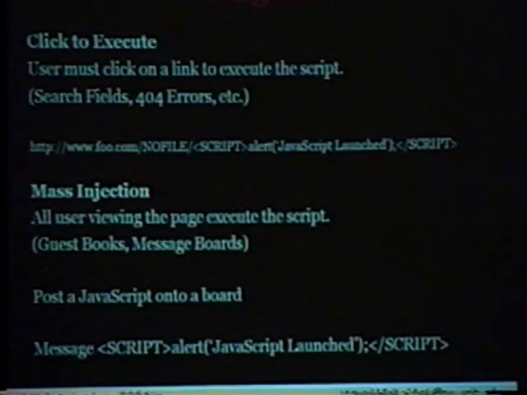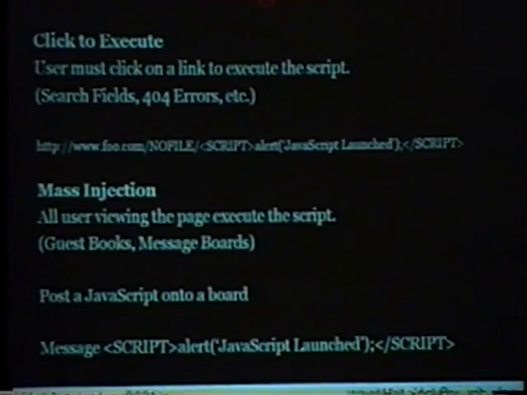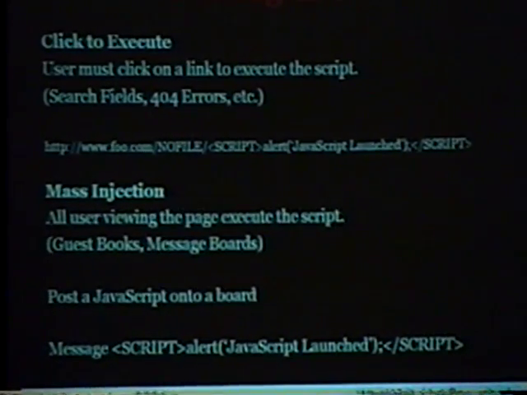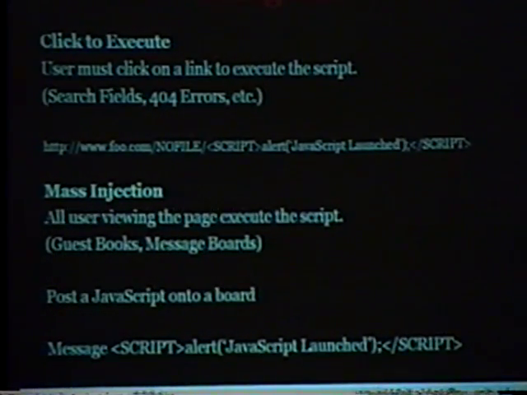So going further, how do we implement cross-site scripting and get it to work in a real-world environment? Well, a lot of times we see out there, especially on Bugtraq and such, the click-to-execute ones, where I'm going to try to break down cross-site scripting in the different ways it gets dangerous. The first one is click-to-execute, where the user physically has to click on the link to execute the GET request to get cross-site scripted. These are dangerous, but they're not as dangerous as some of them.